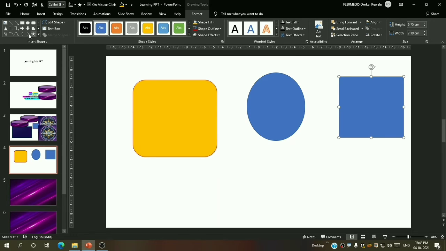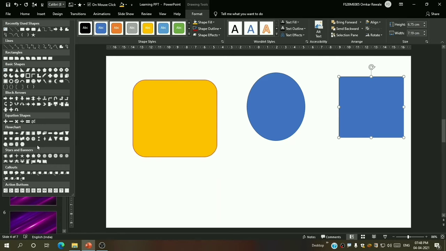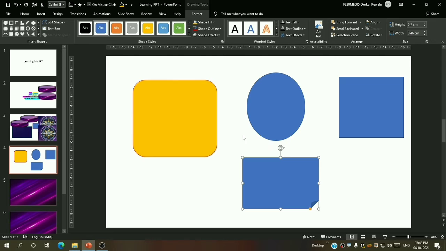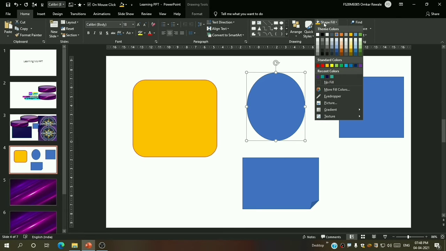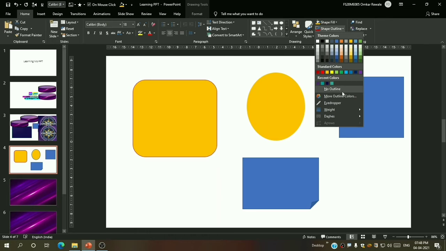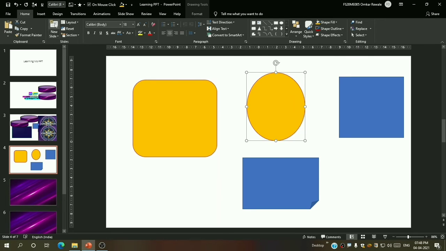Now I will not go in home tab again. I will use the tool tab from here only. Now you are supposed to give these three shapes the same color and outline. So you will go one by one and waste your time. No, you will not waste your time by giving every shape one by one. Instead, you will use this format painter tool.